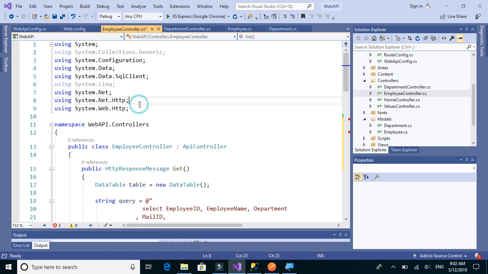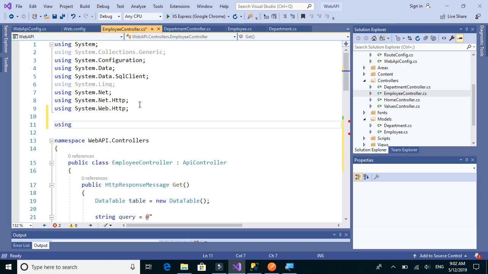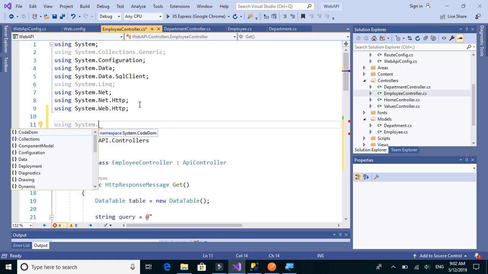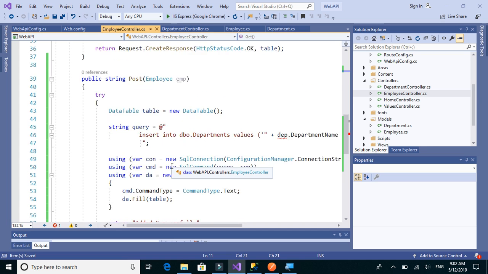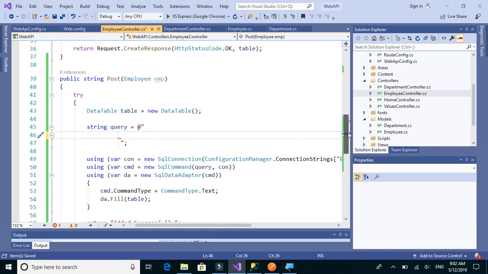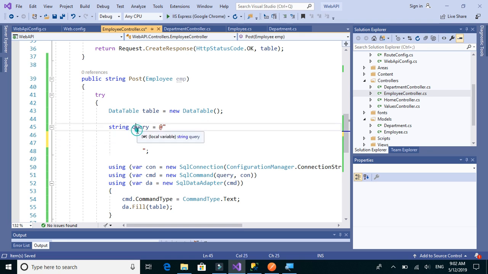So we need to import using WebAPI.Models. Okay, so now let's write the insert query for inserting into the employee table. We'll say insert into dbo.employees